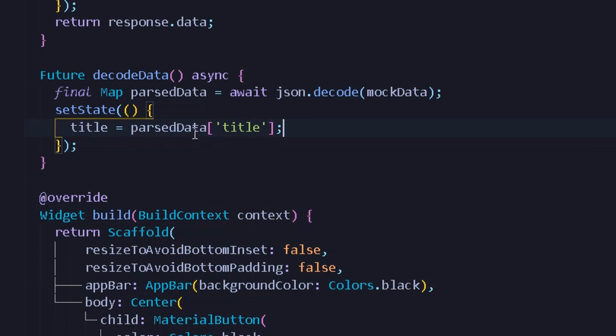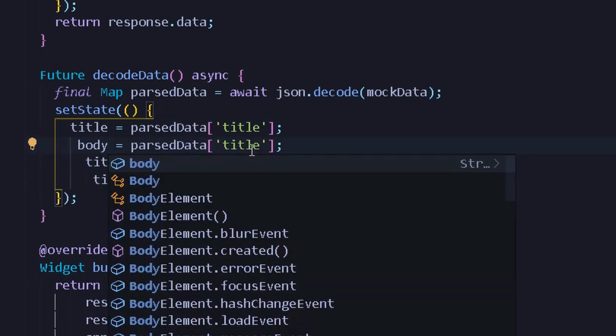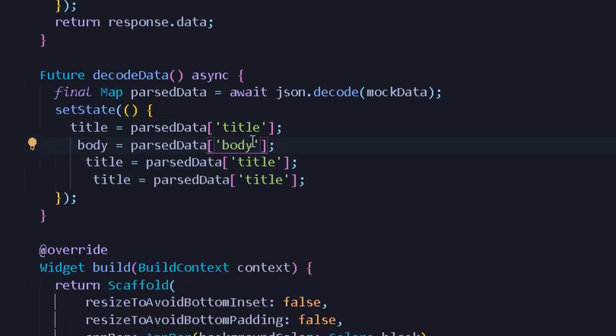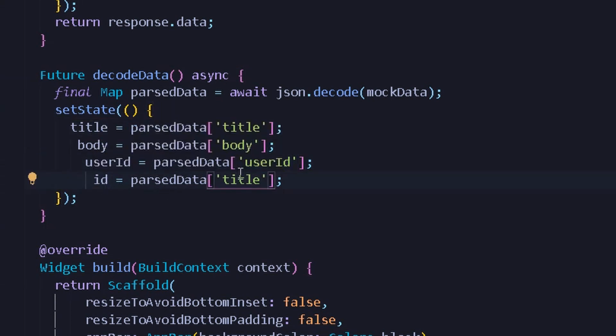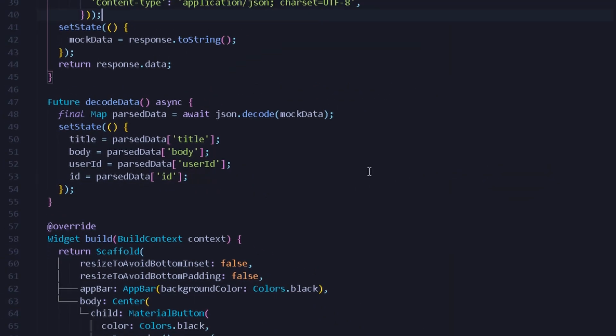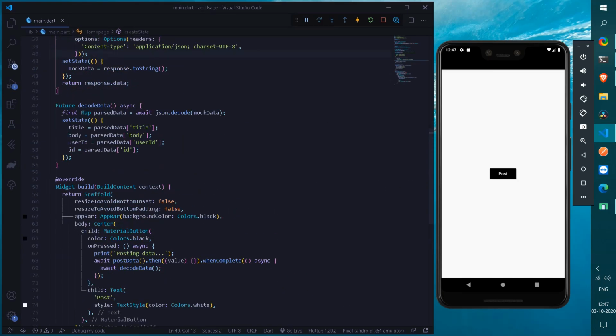So we can copy the following thing and paste it thrice, and here I can get the entity name of body. Similarly, here I will get the entity name of user ID and also parse the data from the user ID, and the same goes for the ID. Here I will simply not print but parse the ID. You can format the document once. Cool, so we are getting all of our empty strings here.